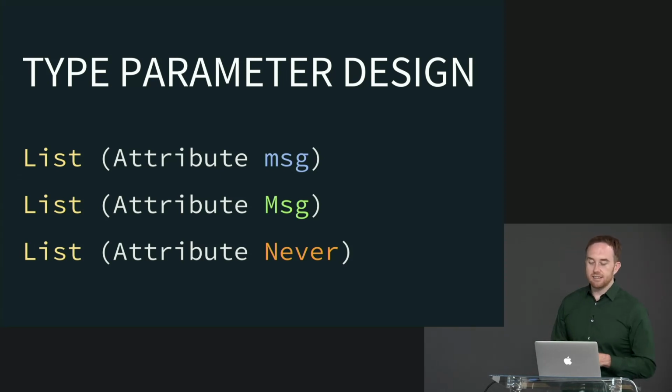And the third one says, only give me a list of unbound attributes. They have to still be unbound when you provide them to me. Otherwise, I will not accept them. They can't be doing any event handling on them. So those are the trade-offs. And there are good reasons to use all three of these.